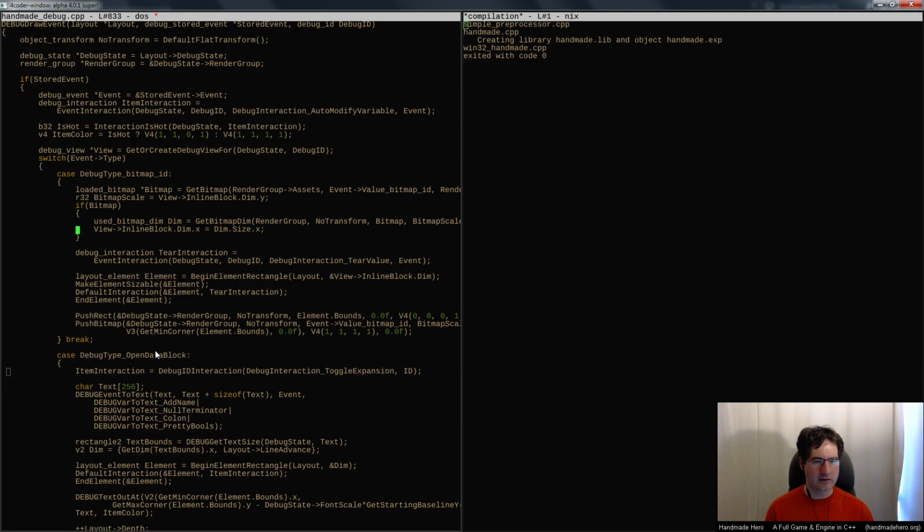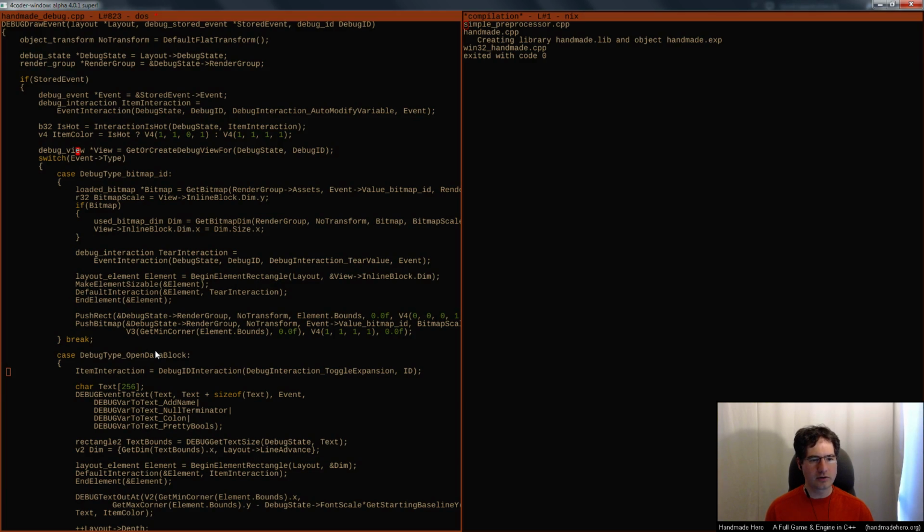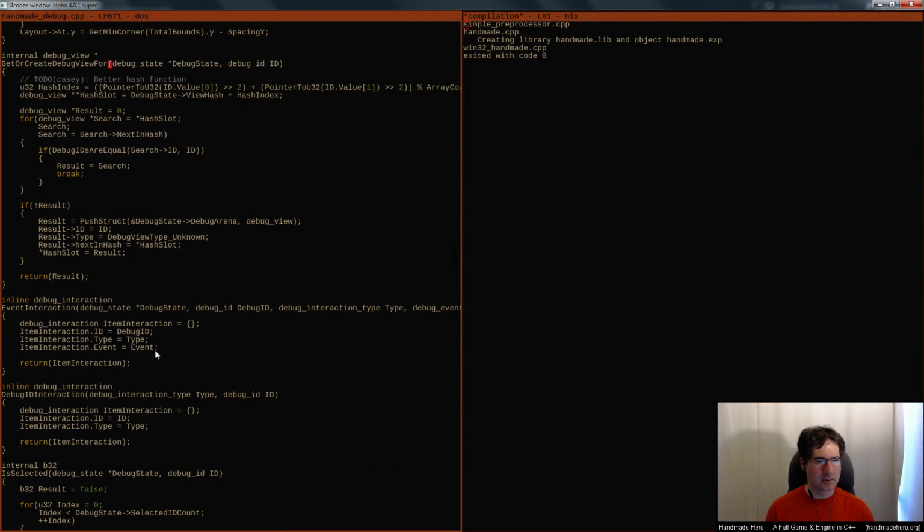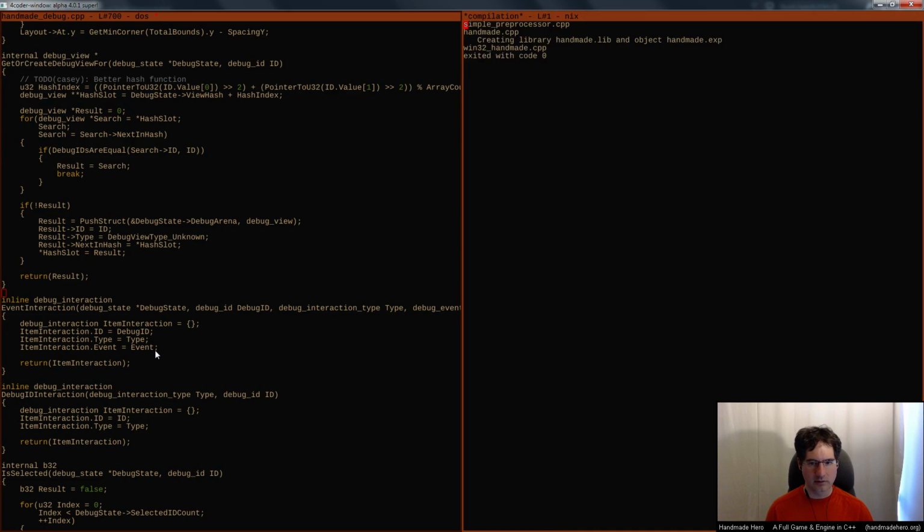expansion. And so what I also don't know is when we do get or create debug view for, I don't know how it knows what kind of debug view information it's going to actually store. I'm assuming, let's go ahead and,